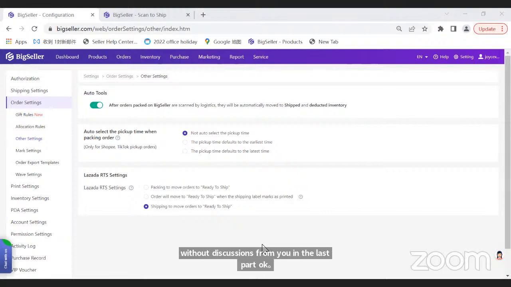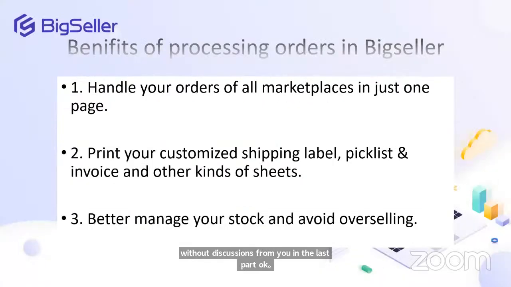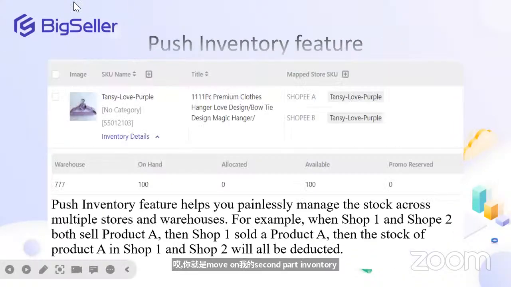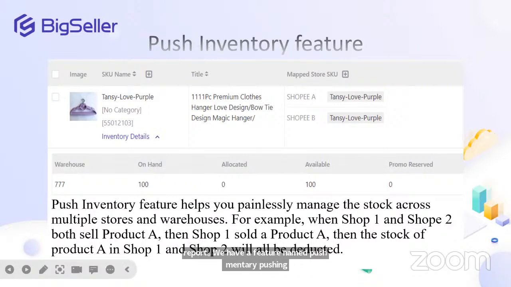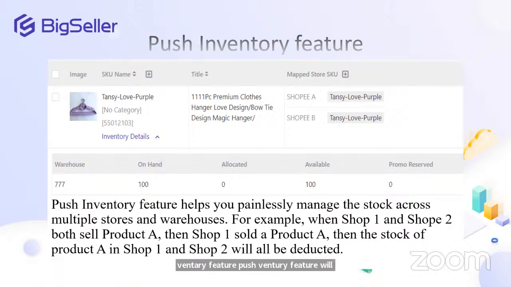Okay, just move on to the second part, inventory management. Here, actually, in our Big Seller for the inventory part, we have a feature named push inventory. The push inventory feature will help you to manage the stock across multiple stores and multiple warehouses. For example, like here,